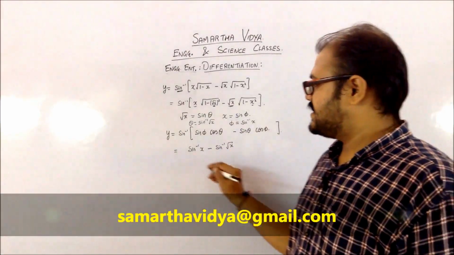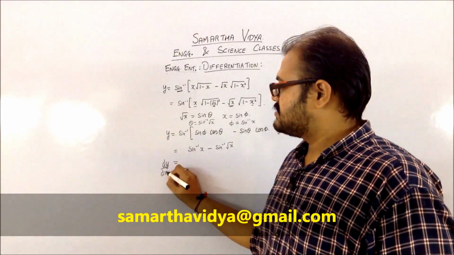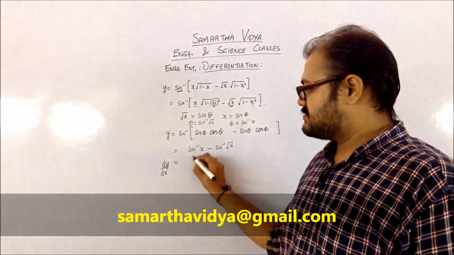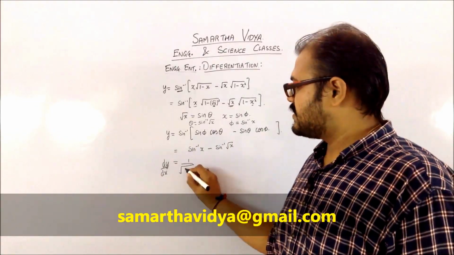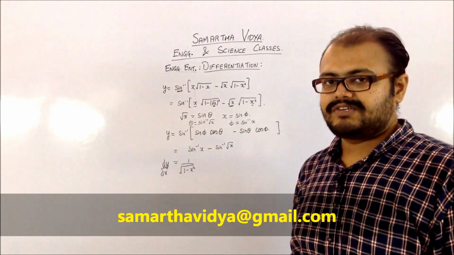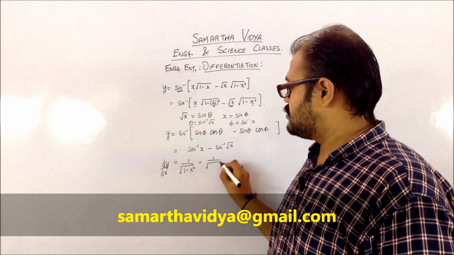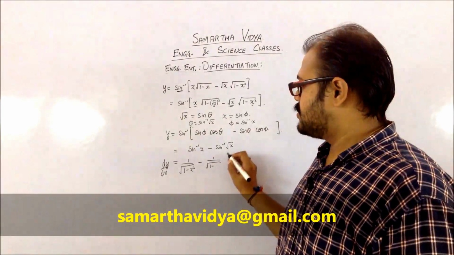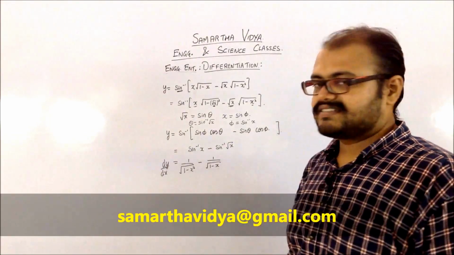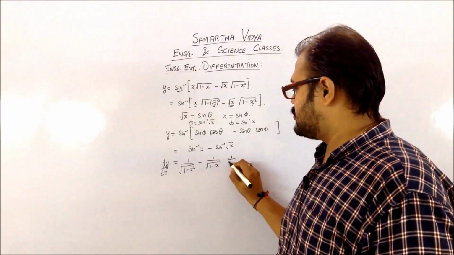So on calculating this value, that is derivative of this is a simple part, which is 1 upon root of 1 minus x square, which is the basic formula for your sine inverse, minus this will become 1 upon root of 1 minus root x square, which is going to be x, into derivative of root x, which is 1 upon 2 root x.